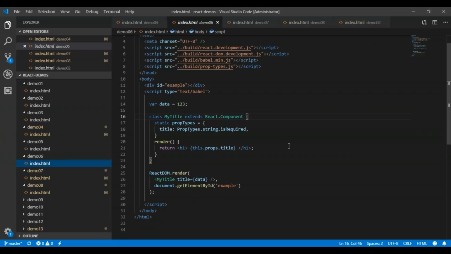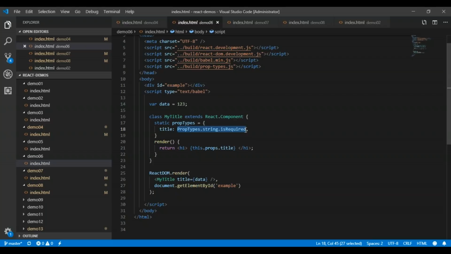PropTypes. Components can have specific attributes which are called props in React and can be of any type. Here you can say PropTypes.string.isRequired. Sometimes you need a way to validate the props. You don't want users to have the freedom to input anything into your component. React has a solution for it, and it is called PropTypes. We are saying that the prop is of type string and it is required. This is a kind of validation we are doing.